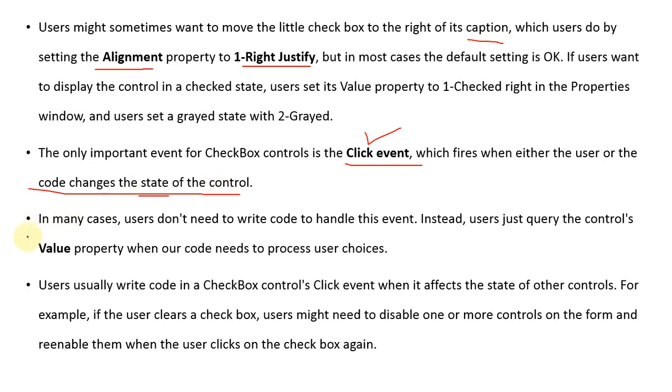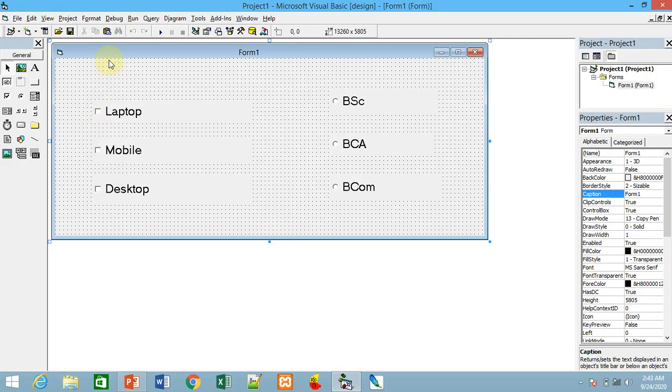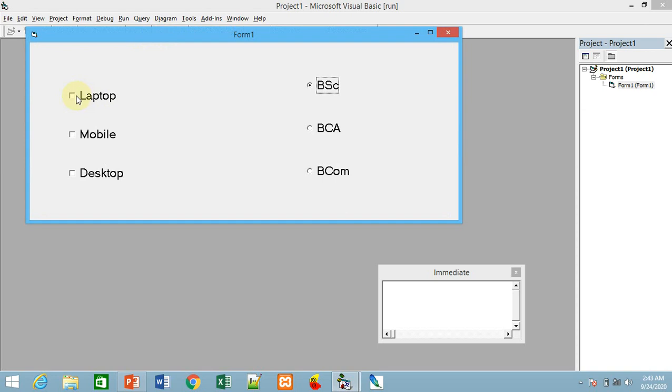Similarly, in many cases users don't need to write code to handle this event. Instead, users just query the control's value property when the code needs to be processed. Means for the click event we are not going to write anything. At the time of execution you will select one or two, but you will not do anything with the click event. Later, here is a submit button.